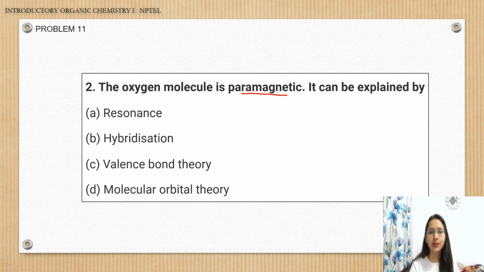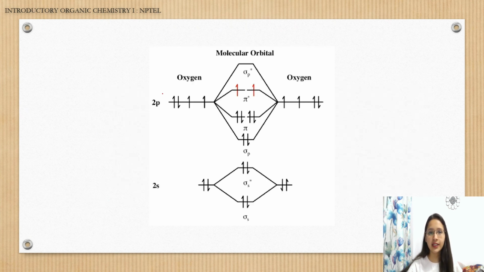But here, oxygen as paramagnetic cannot be justified by resonance. Hybridization is not going to tell you about the paramagnetism. Hybridization just tells you the structure, how it is arranged. And valence bond theory will dictate the structure, the geometry of the molecule, right? So here only molecular orbital theory will assign the particular electronic configuration for the molecule and tell you how many electrons are not